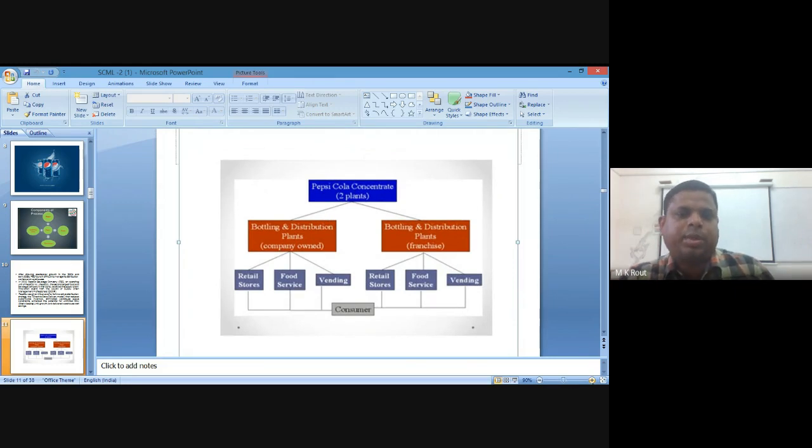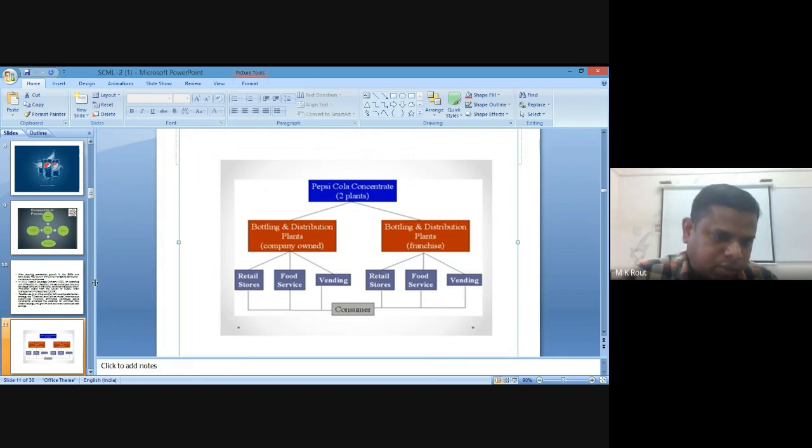So if you go to the Pepsi and Cola concentration, particularly in two plants, one plant is for bottling and distribution, and another is the bottling and distribution franchise plant. We have already seen the PepsiCo plant near Jagatpur, Cuttack. This is a particular franchise responsible for bottling and distribution, and these are directly focused on